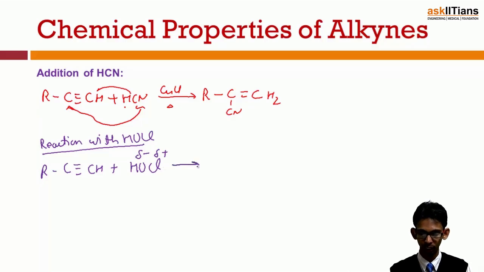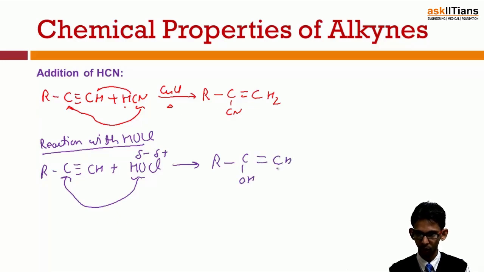So we get an adduct like this, R. According to Markovnikov rule, negative part goes to that carbon which contains lesser number of hydrogen atoms. It will come here and it will result in formation of this compound, a double bond CH, a chloride here. When it is further reacted with HOCl, again this is negative part, this is positive part. So this again goes to the same carbon and we get a compound like